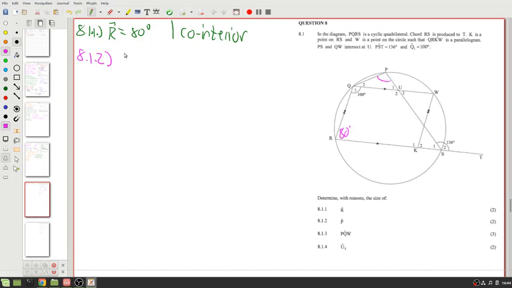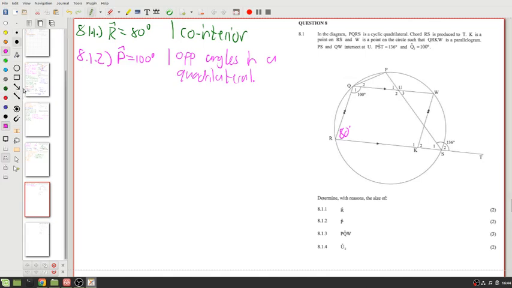Alright? So angle P equals 100 degrees, and our reason for that is opposite angles in a quadrilateral. Opposite angles in a cyclic quadrilateral add up to 180. So this is fine, that's the name of the rule we're using. Okay, then 8.1.3,